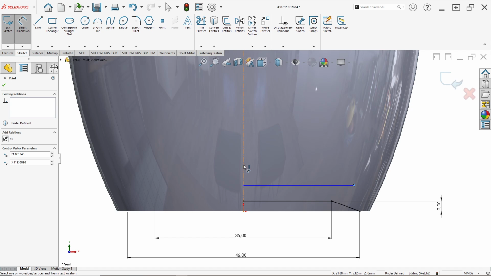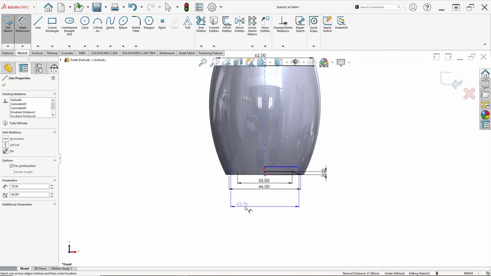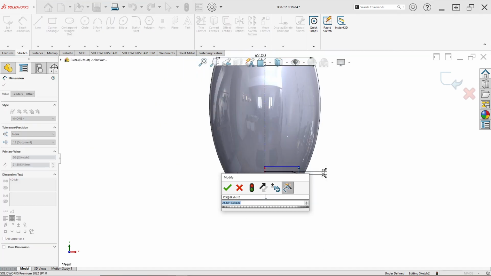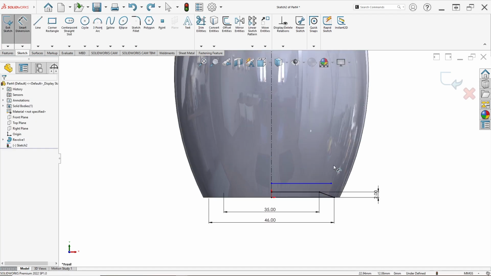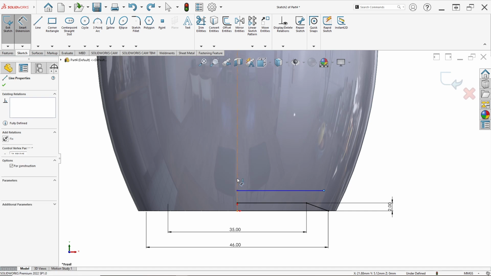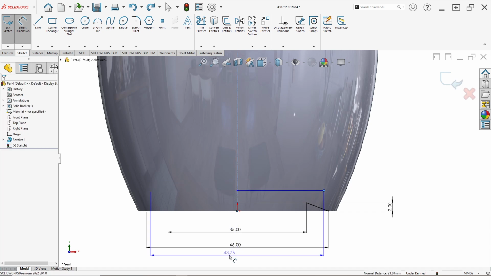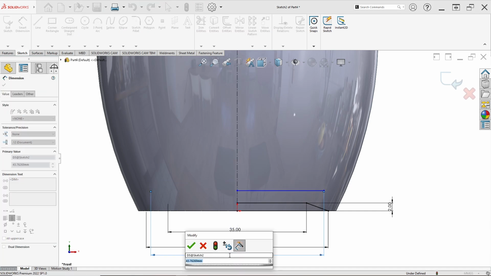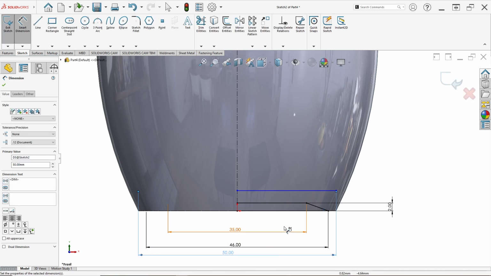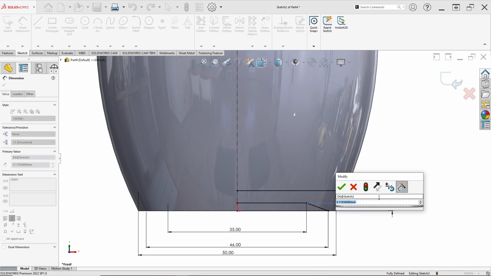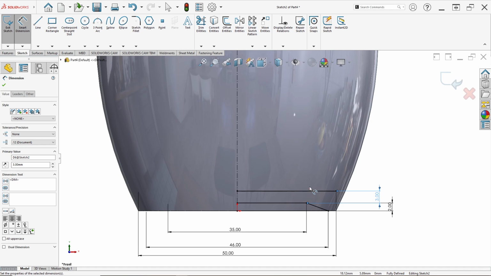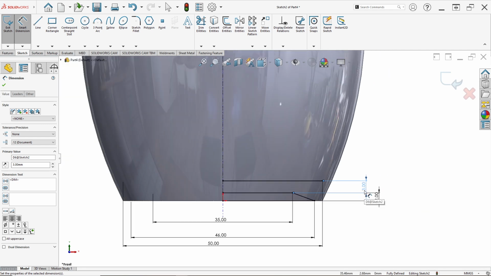Point to this center line, click Shift. Control Z, set the dimension. This point, click Shift, and here I set the width to 50. The distance between this line and this line I set to 2 millimeter.